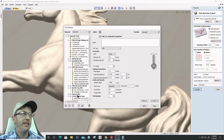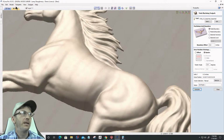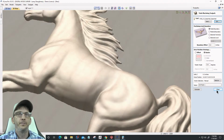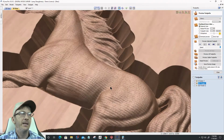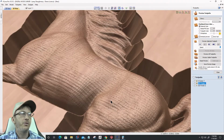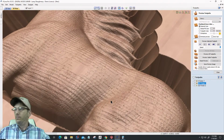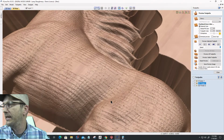Because what I'm seeing here with this 60-degree V-bit, I am seeing a cut. Let me see what my step over was. 1%. So 5 thousandths of an inch. 3 thousandths is a human hair. So 5 thousandths of an inch step over. I am not seeing too desirable of a cut, but it'd be something you would experiment with. But Dan, jump in there and